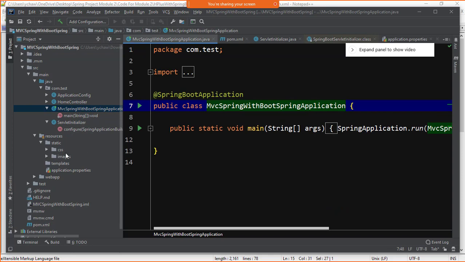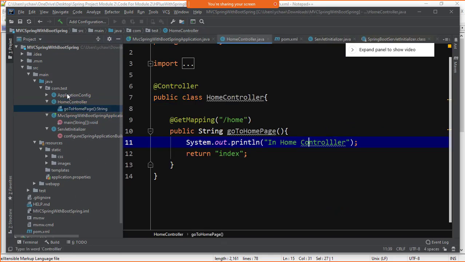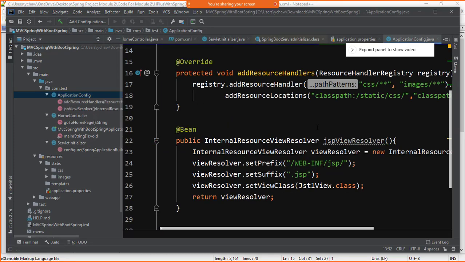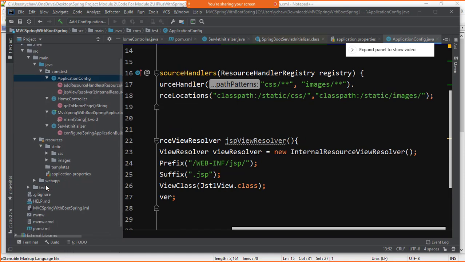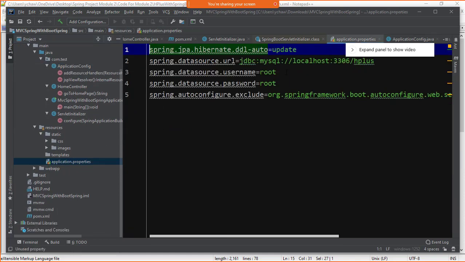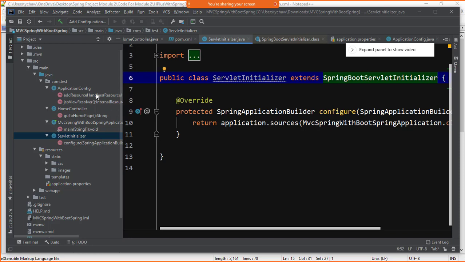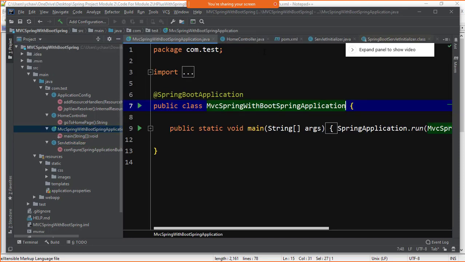The entire Boot project is set up, controller is there, config is there. I have set that in the classpath under the static folder, CSS and images are there, the way to connect with the database is there, the servlet initializer which will come to you by Spring Initializer, that is there. Now it will work on 8080 port number,